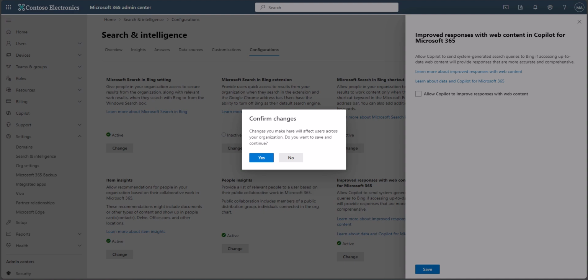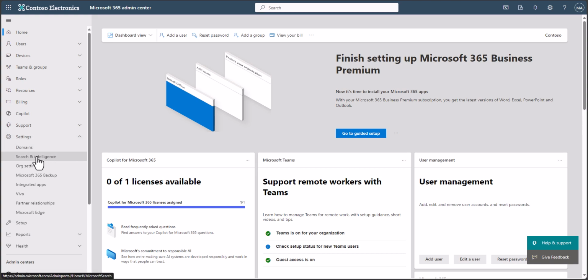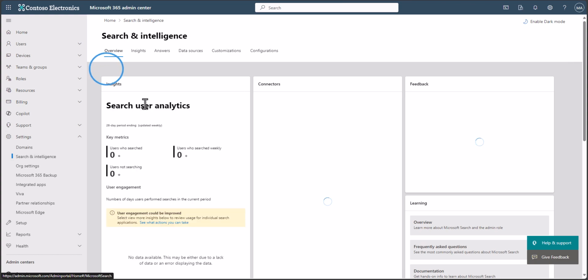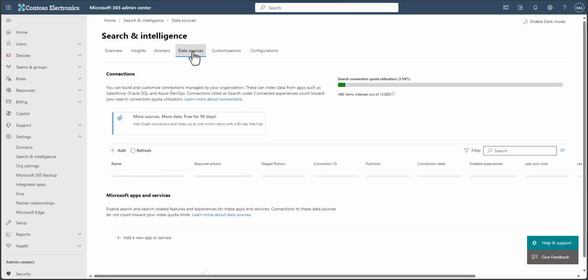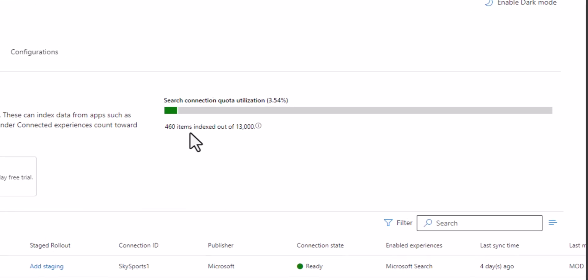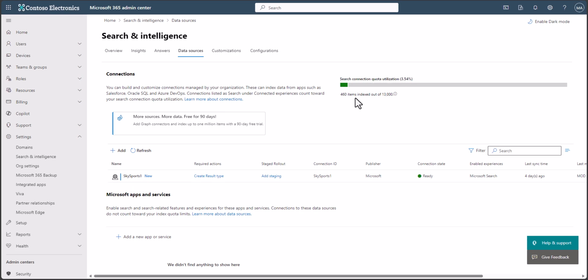Fortunately, there is a solution here using graph connectors in Microsoft 365. Existing Microsoft 365 Copilot and Viva licenses allow us an item quota with graph connectors, 500 items per license just for reference. And this allows us to start exploring what resources we want to connect to and what data we can bring into the Microsoft Graph. You will notice that when I go to the Data Sources tab in the M365 Admin Center, I have a quota to tell me how many items I have so far and how much is left to connect into the Microsoft Graph. One I made earlier was a Sky Sports Enterprise website connector,